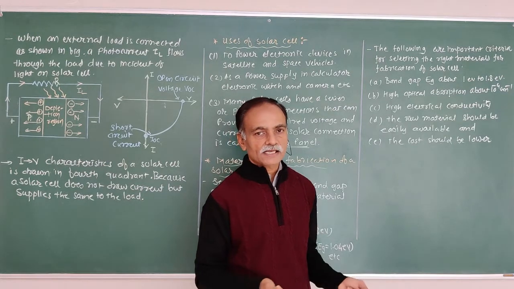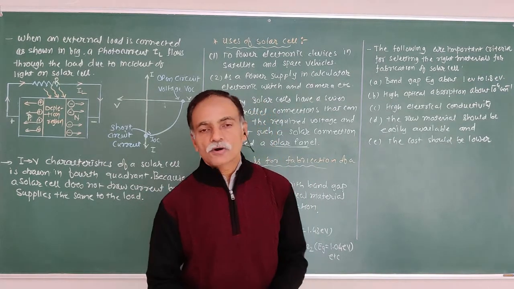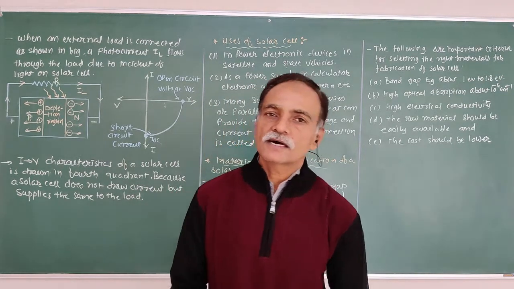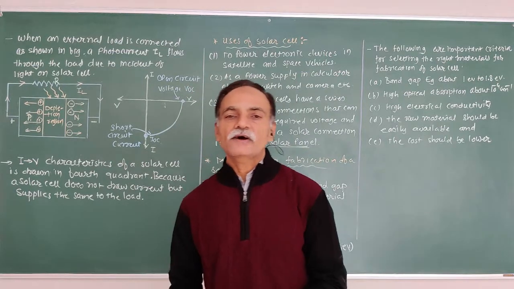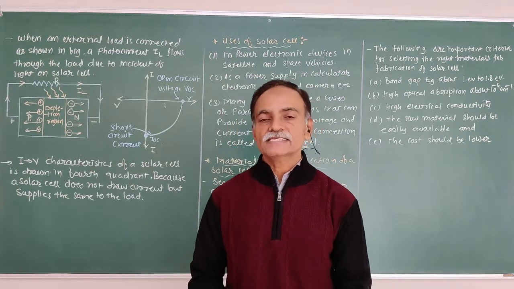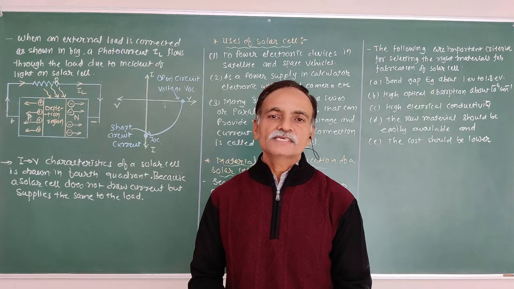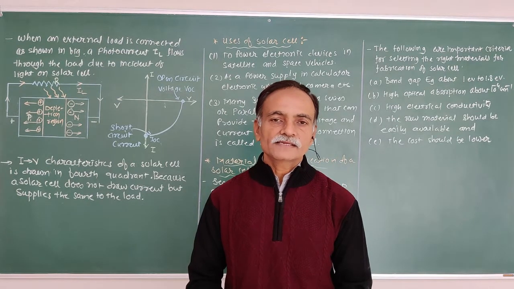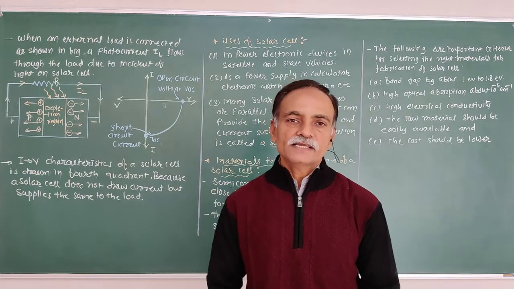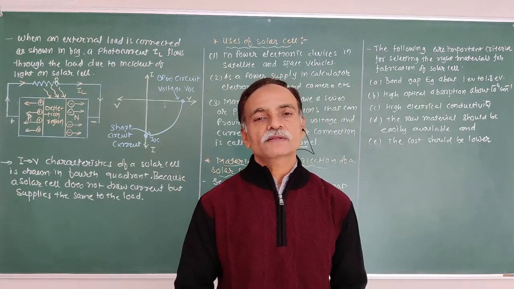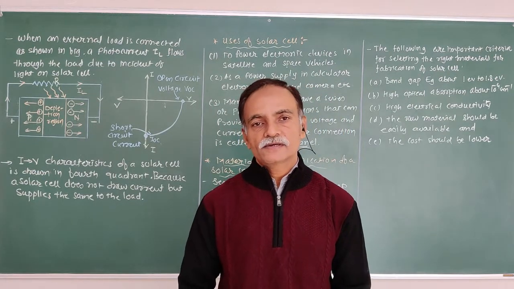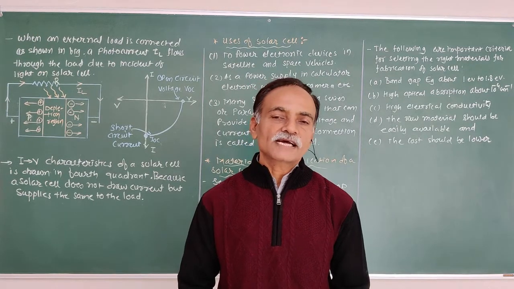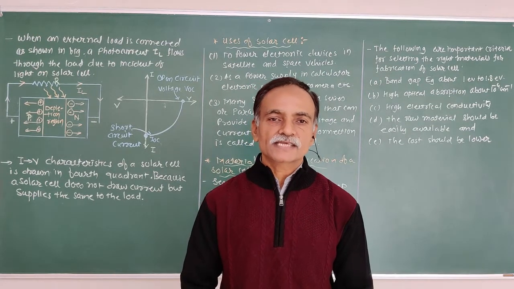Clear this? Okay. So we just discussed the applications of the PN junction diode: the photodetector or photodiode, second the LED, and next the solar cell. So these are three widely used applications of the PN junction diode. Now after that we are going to start our discussion about logic circuits and logic